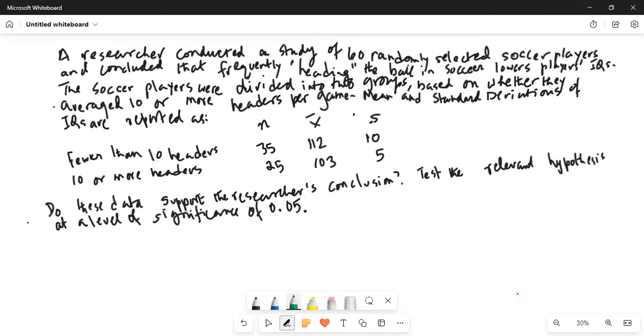Researchers conducted a study of 60 randomly selected soccer players and concluded that frequently heading the ball in soccer lowers players' IQs. The soccer players were divided into two groups based on whether they are